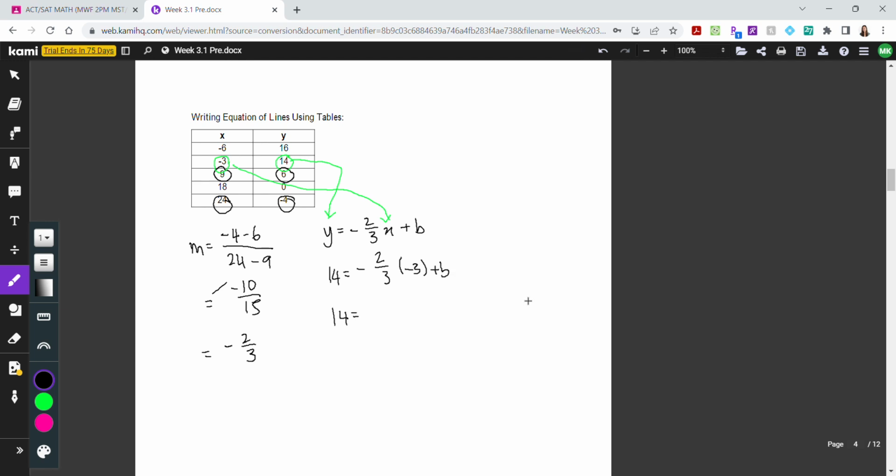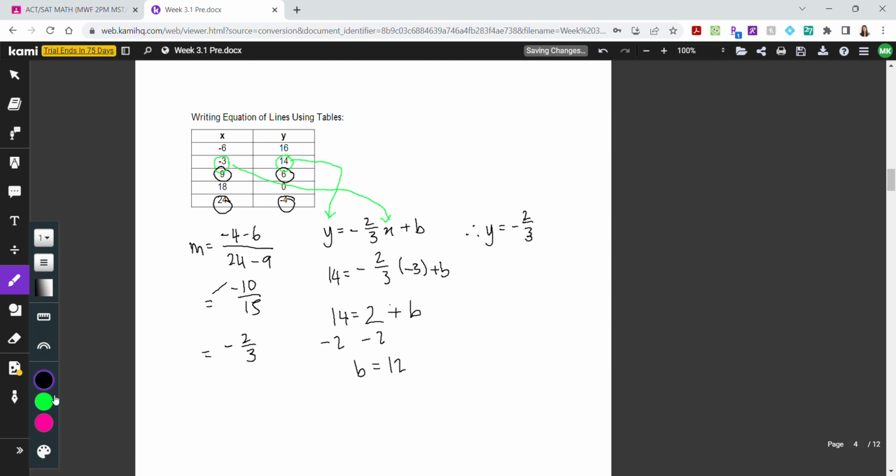We're going to do negative 2 times 3, which is going to give us, hold on, negative 2. Actually, no, that's going to be a positive 2. Oops. There we go. So that's going to give us 2 plus b. Want to isolate b, so we subtract 2 from both sides of the equation, and b is going to be 12. Therefore, our linear equation is going to be written as y equals negative 2 over 3